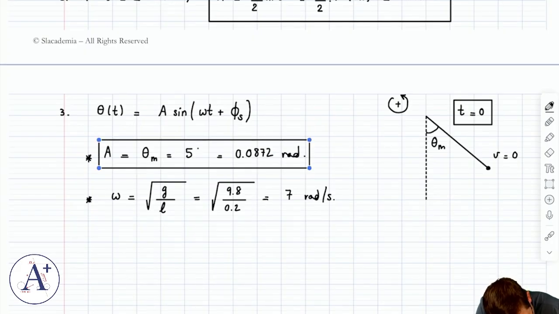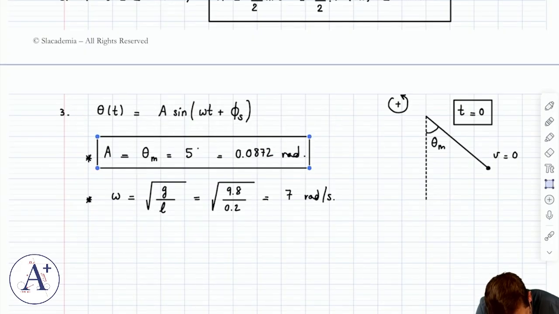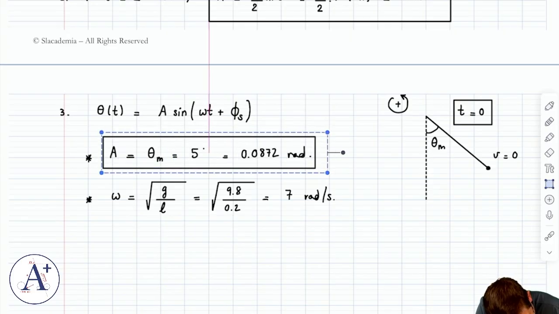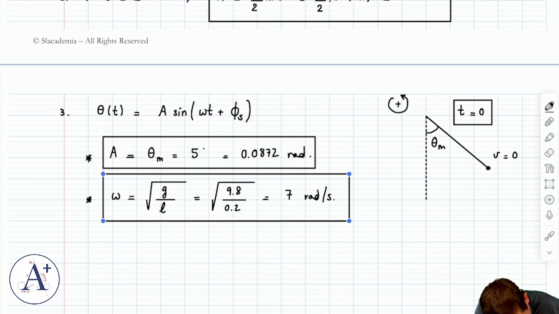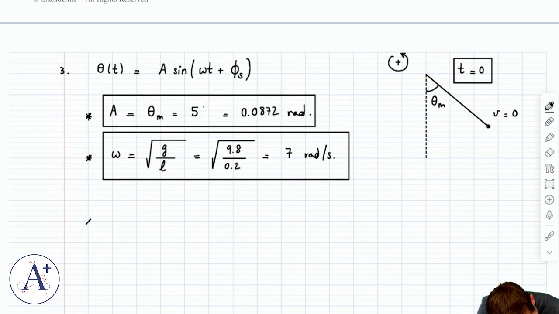Okay, so I know the amplitude. It's theta m, really. I know omega, and I use the formula that is specific to the simple pendulum, right? Square root of g over L. And then I need to find phi sub s. Well, to find phi sub s, I need my initial conditions, right? So at t is equal to 0,